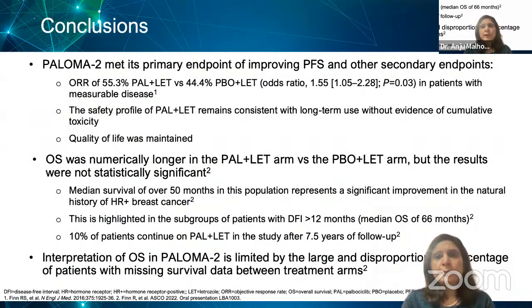So the conclusion of the PALOMA-2 trial is that PALOMA-2 met its primary endpoint of improving PFS and other secondary endpoints. Overall, a response rate of 55.3% was seen in the palbociclib plus letrozole group versus 44.4% in the control group. The safety profile of palbociclib plus letrozole remains consistent with long-term use without evidence of cumulative toxicity, and quality of